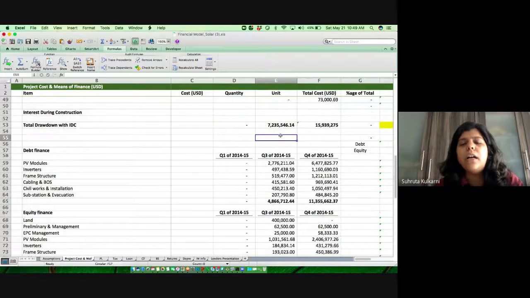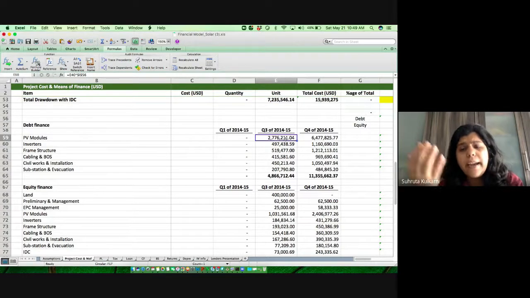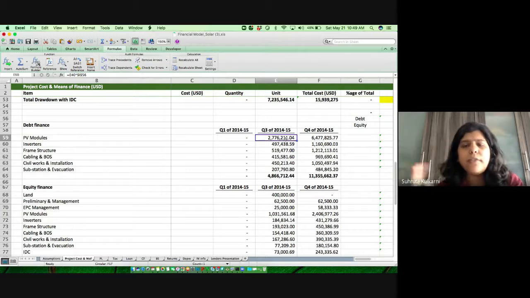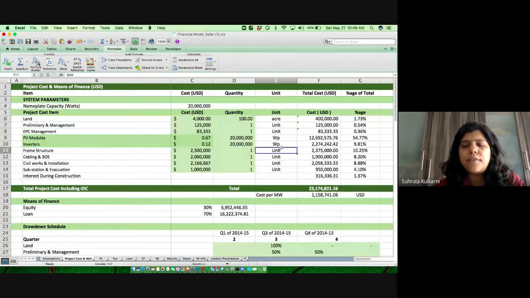Now again, what also happens is that the banks say that you put your equity first. I'm going to give you a loan only if you put your money first. So hence that also reduces my total drawdown. I will first draw down equity from the owner, and then the bank loan will kick in. Again, there could be a proportion. The bank could say, "Acha, you put in 50% of your equity, then I will put in my loan." So that depends upon what kind of clauses you have in the contract, and that is what gets built over here. And this helps us to find the interest during construction.